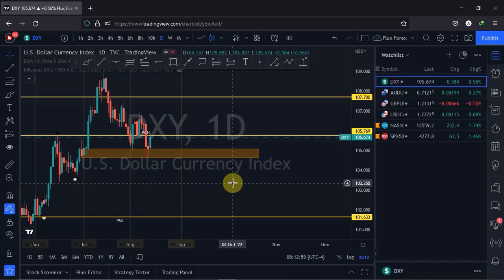The week has ended and we are entering into a new week, so we would like to see what the market has for us going into a new week. Just as we normally do, let's start from the dollar index and see what is happening.